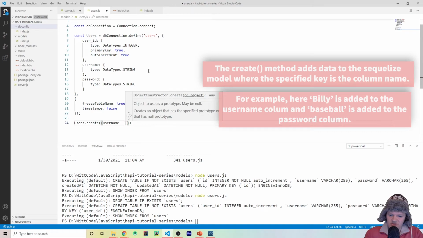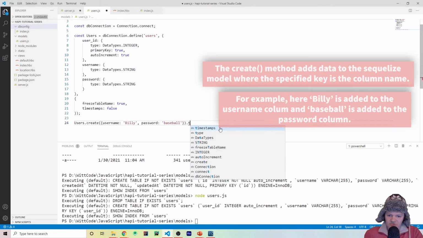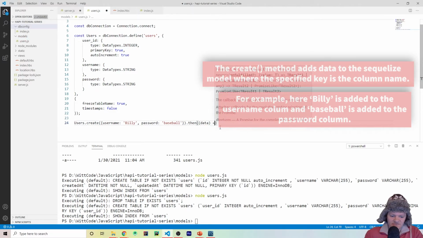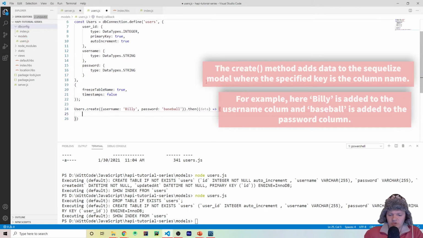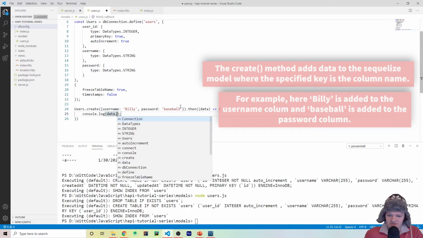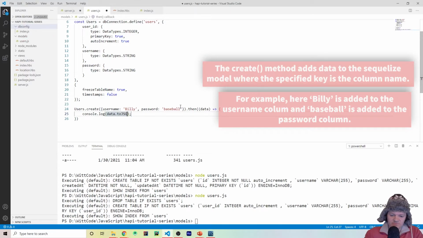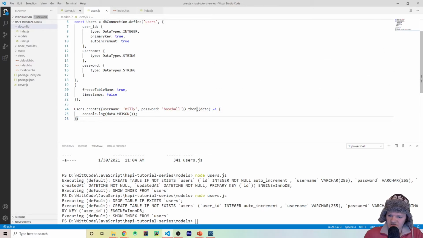So let's create a user Billy like this, and let's make their password baseball, very secure. And then what this will do again is return a promise. And let's actually log the data from it. So we will do, let's log data dot toJSON, which is basically a function that will make this a lot easier to read. So let's create this, let's add this user to the table. And so now if we run this,